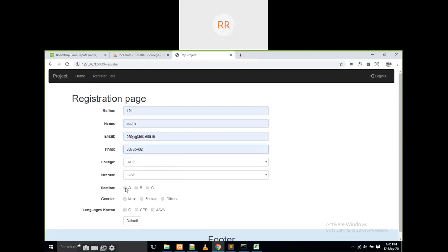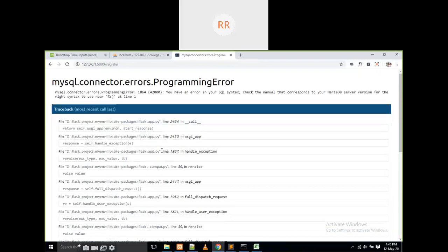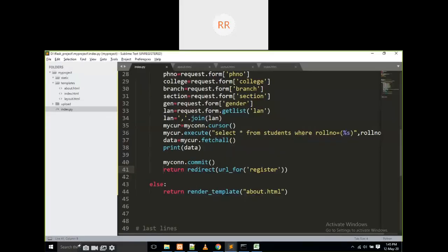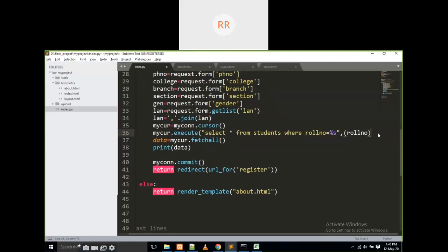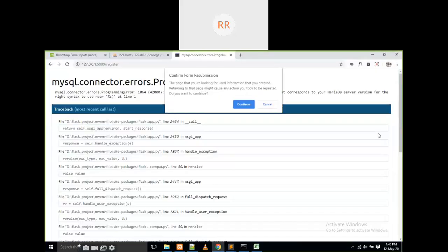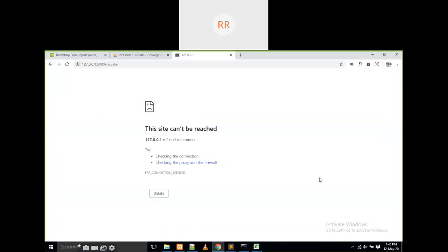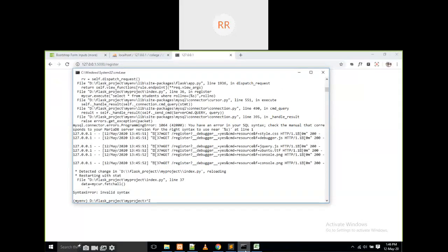Phone number and like this. If I click on this one, what is this? Syntax error is there. Where is it? Refresh it. Python index.py.